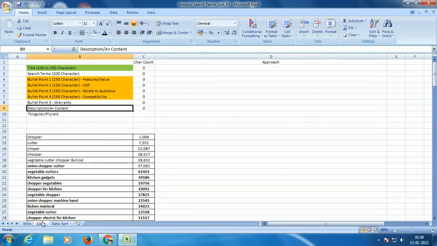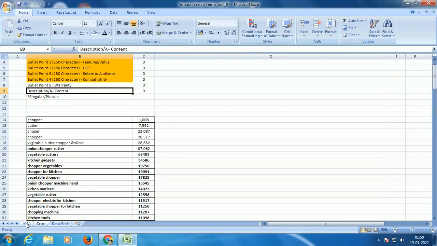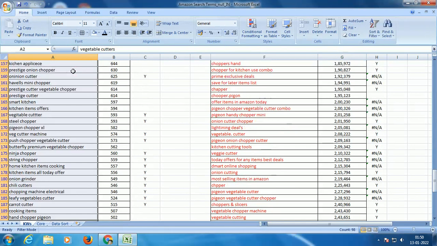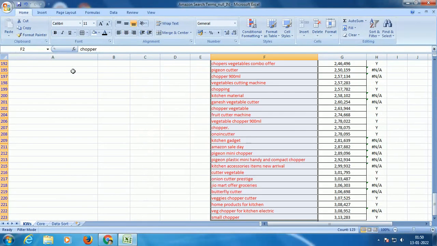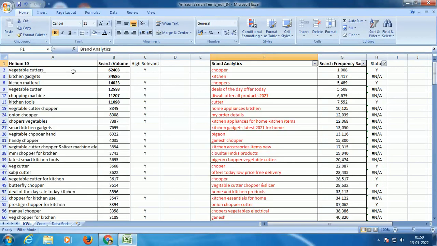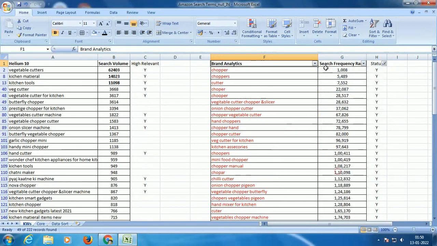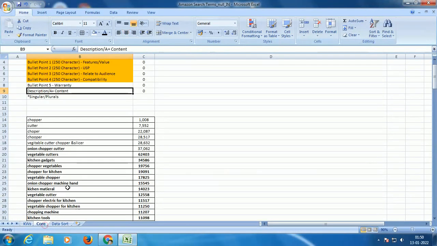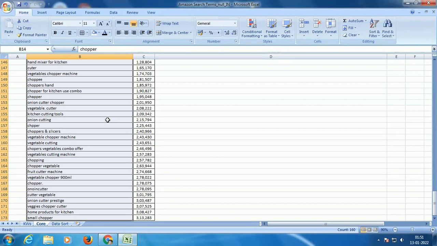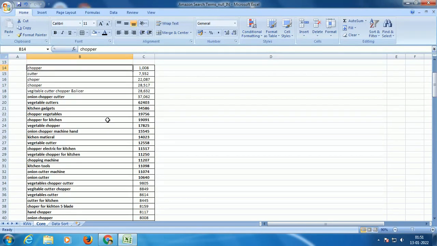So once I'm done with this exercise, we have a list of some 120 keywords or 100 keywords here, and then here we have a list of 123. If I look at only highly relevant ones, there are about 100 keywords here, another 49 or 50 keywords here. So when I performed this exercise, I was able to come up with a list of 160 keywords. This is the final, consolidated list of 160 keywords.